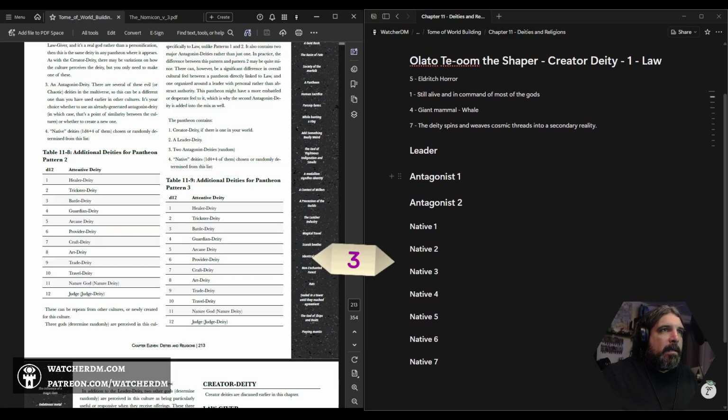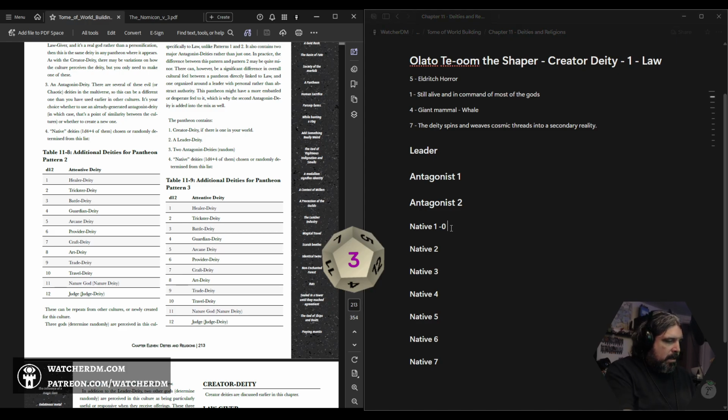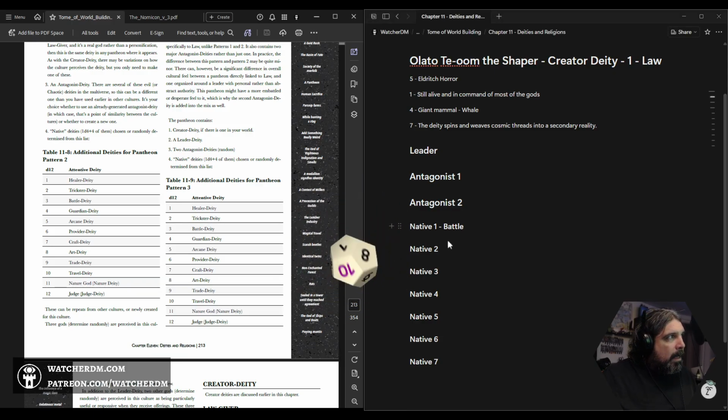All right. Let's knock some stuff out. So these are the, they can be chosen or determined. So we're going to roll on here to get some kind of pantheon fillers. So we get our battle deity. 10.